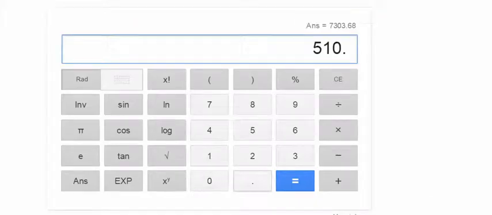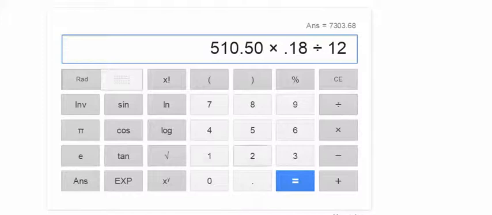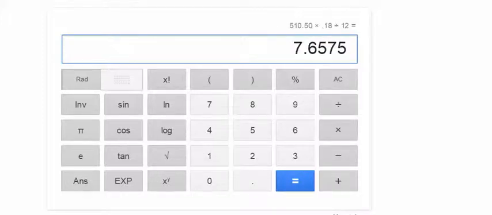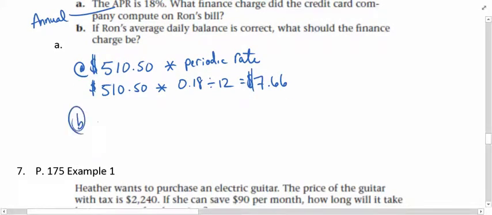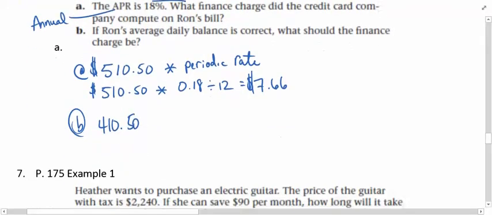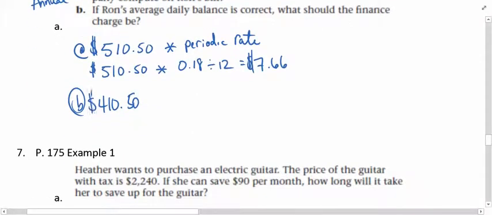So if the credit card company was right and he did owe $510.50 multiplied by 0.18 for 18% and divide that result by 12 for the periodic rate, then the credit card company is likely going to charge him $7.66 in finance charges. $7.66. But in actuality, the correct number, according to Ron, was that his average daily balance was only